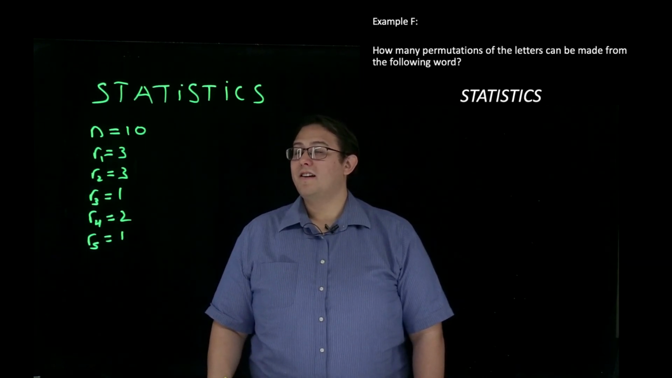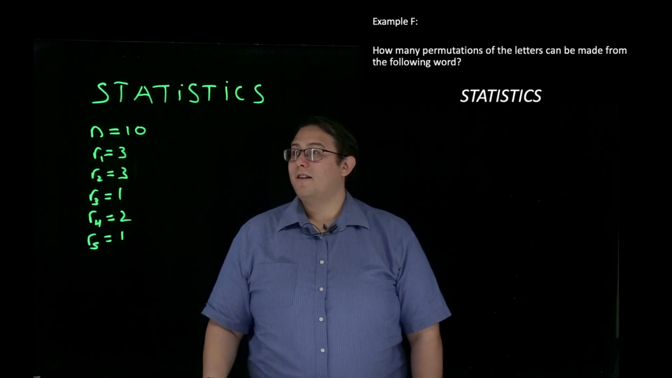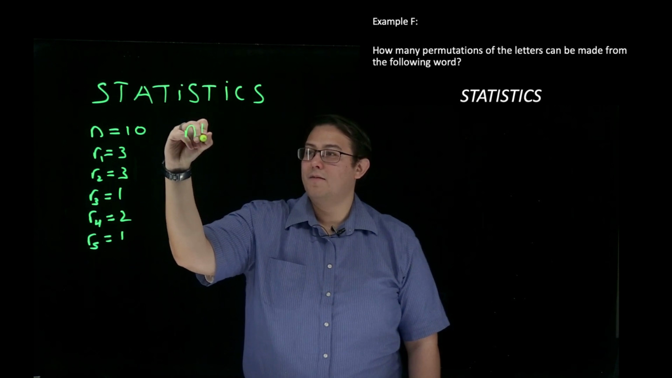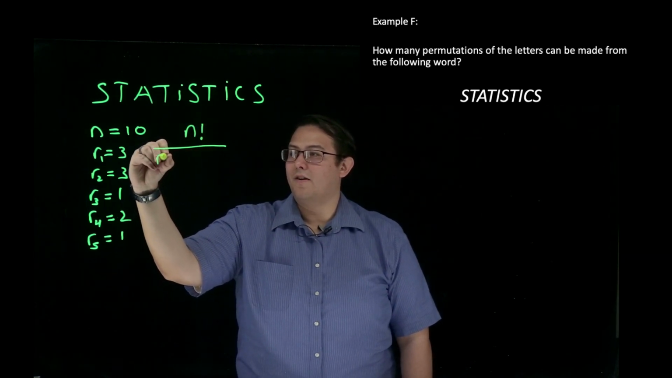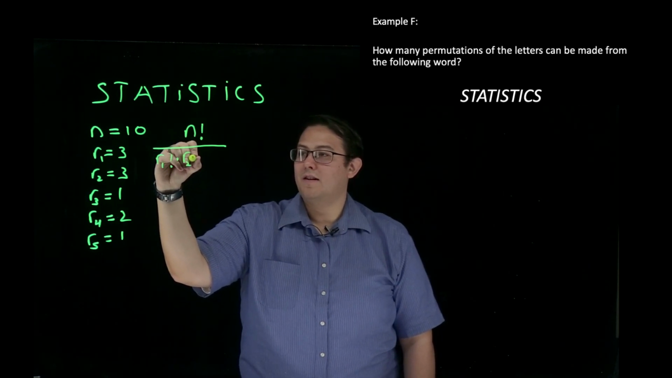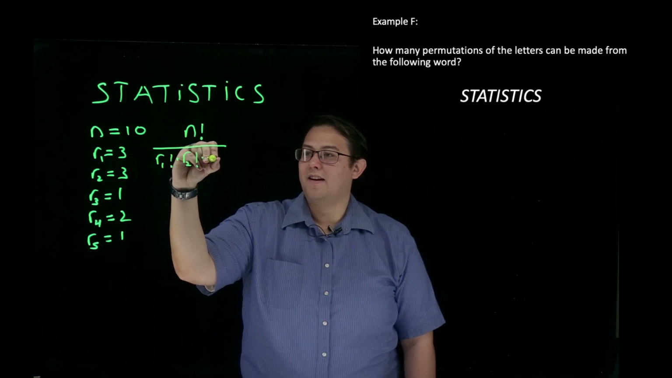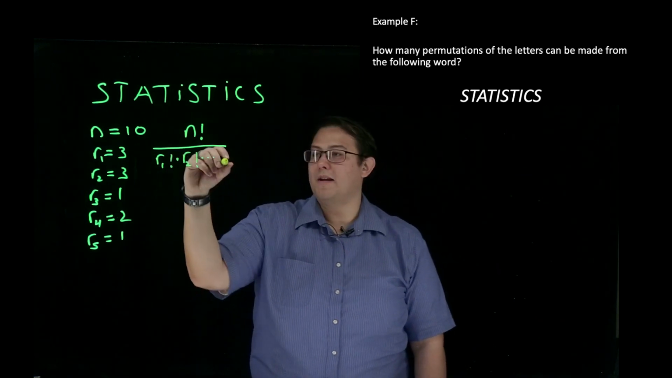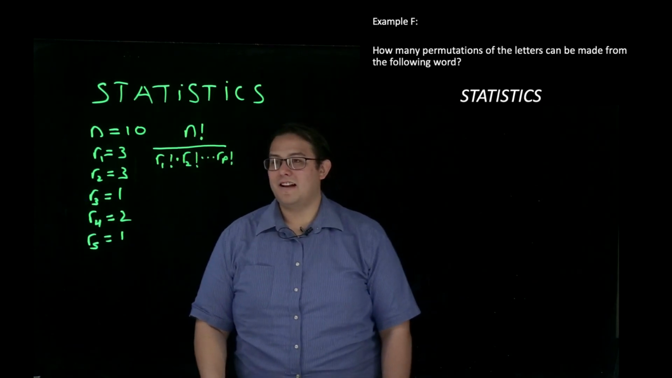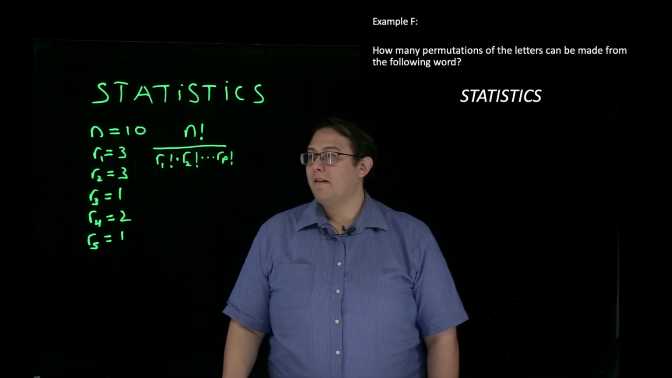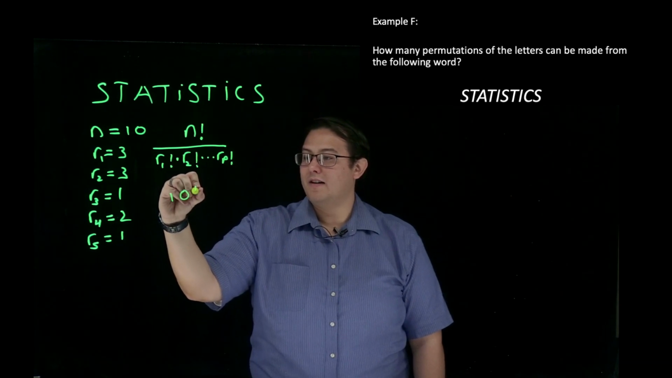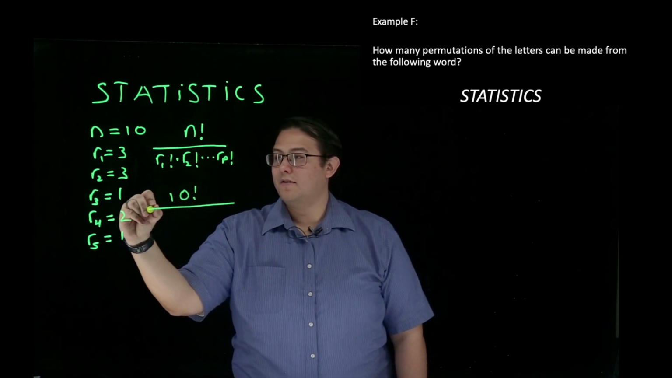So if I want to count the number of ways we could rearrange the letters in statistics, there's a formula. It looks like this. n factorial all over R1 factorial times R2 factorial, and then you keep multiplying until you get to the end. They called it RP factorial. So RP just represents the last repetition there. So for us, we have a 10, so this is going to be 10 factorial right here, all over